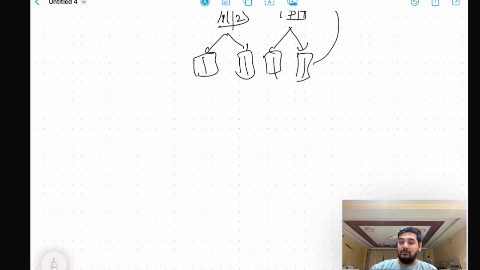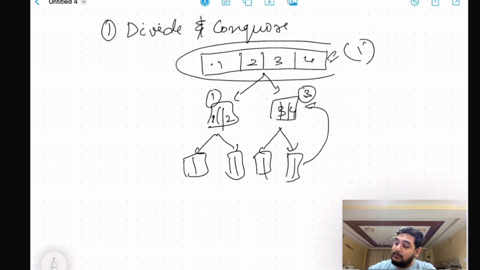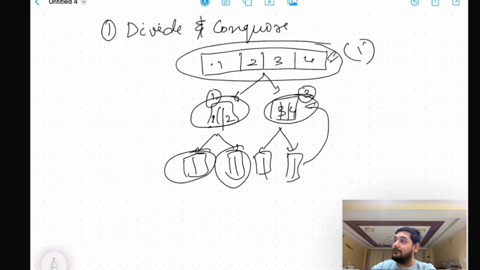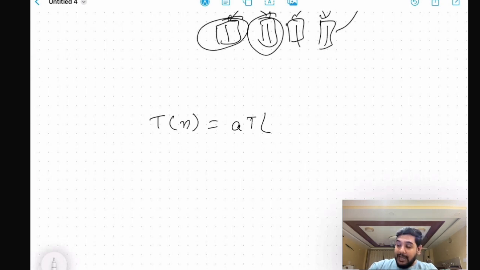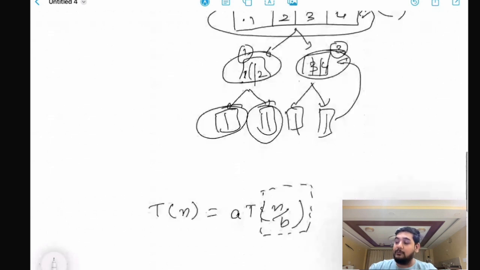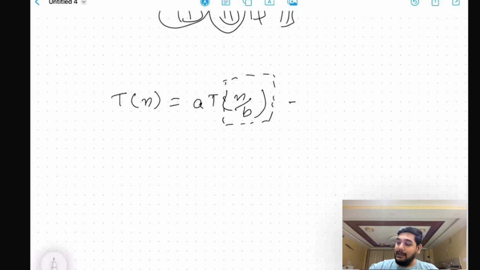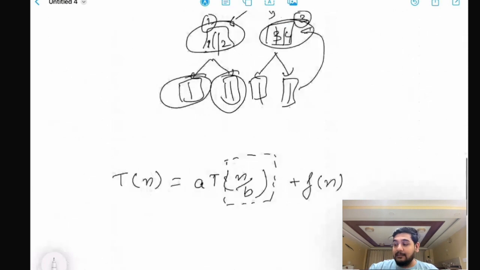Now, what is the master theorem? In this particular algorithm, it's very difficult to find the complexity, because the complexity of this entire solution is dependent upon the complexity taken by this and by this, and then the complexity of this is entirely dependent on the complexity of this and this. So the time complexity of some statement is dependent upon the time complexity of some smaller subset, because currently we are also dividing, right?